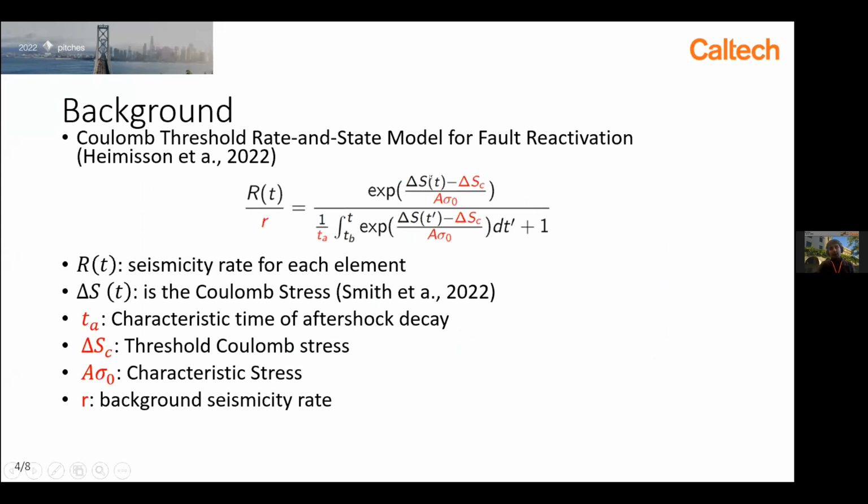a functionality between the stress distribution in time and space to the seismicity rate. So basically, given the stress distribution and having some other parameters, we can find the total number of events. So in this project, given the seismic catalog that we have and the oil extraction using vertical flow models, and this is a specific paper by Smith et al. 2022, we find the stress distribution in that area, and then we invert for these four parameters to find the seismicity rate and also to quantify its uncertainty.